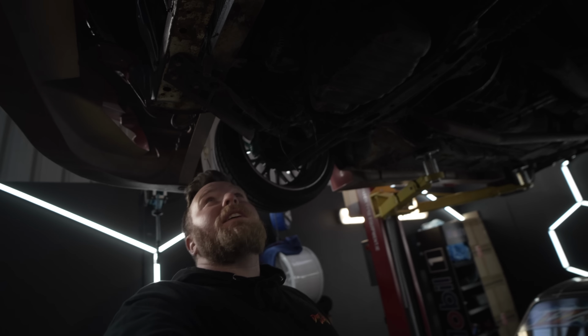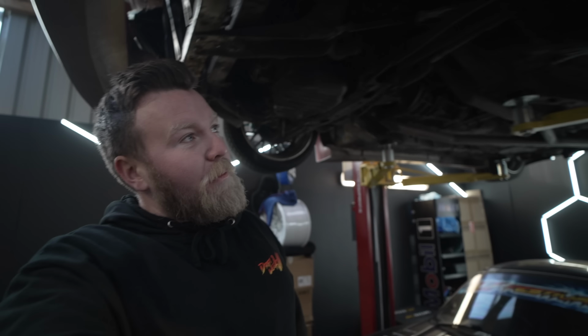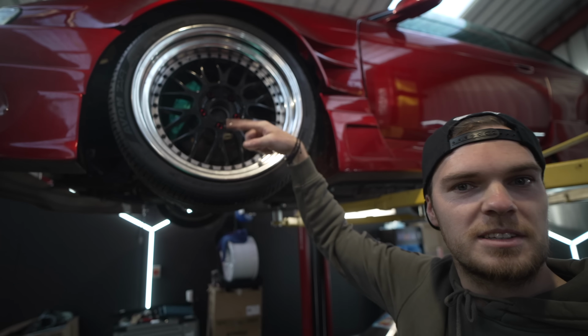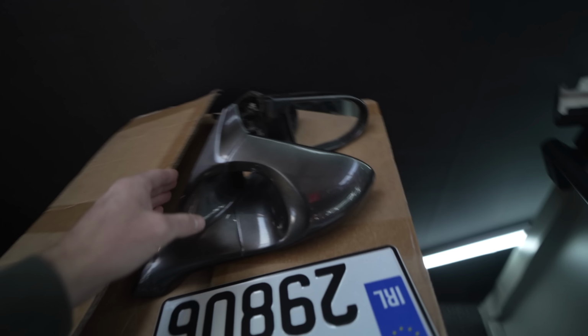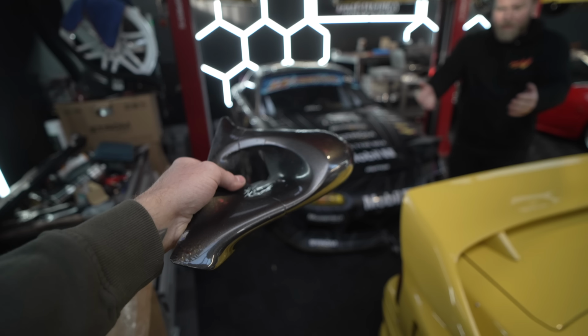So, red S14 directly above me. Engine, soon to be out, to be replaced with who knows what. But one bit that is changing, very much so today, are the wheels. A little bit of a refresh, a little bit of an update. We're going on a little bit of travels. We're taking these to TH Wheel Repairs. This is going a different colour. Also, on our travels, we have the most expensive